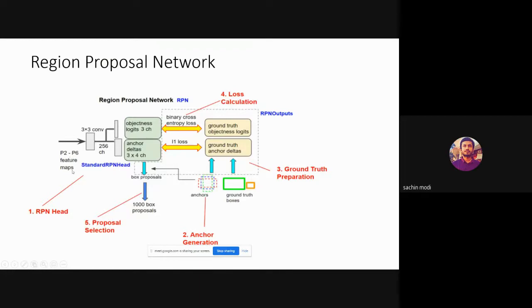Each of these feature maps has 256 channels. Then two things happen. First, it calculates objectness, whether that box has an object or not. Then it calculates anchor deltas. So first let's talk about anchors.